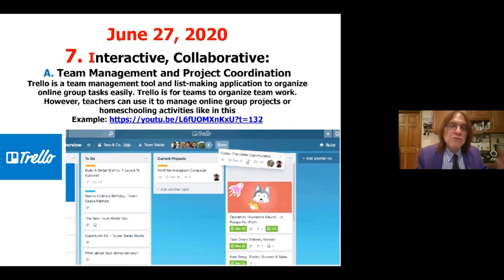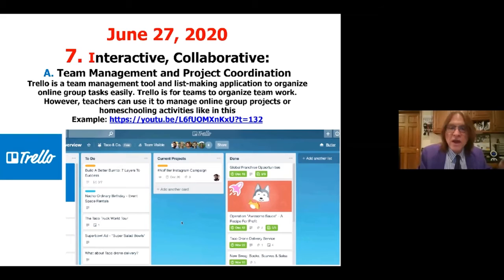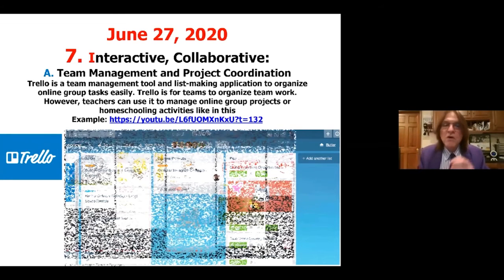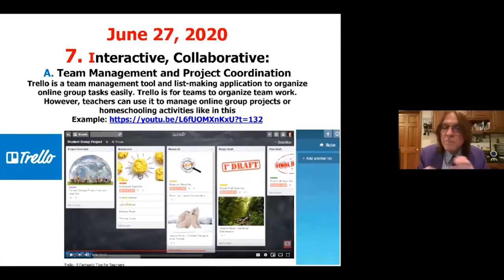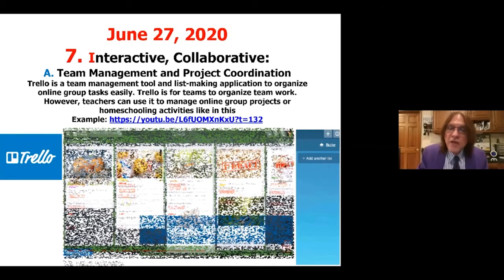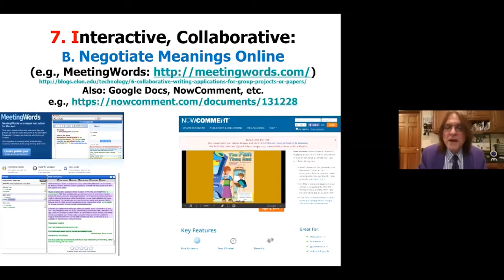You can monitor the teamwork as the instructor, as the teacher, as the students create a brochure, or they create some kind of final project. They track it in Trello. And again, a class newsletter, for instance. There's a lot of tools out there that are like Google Documents.